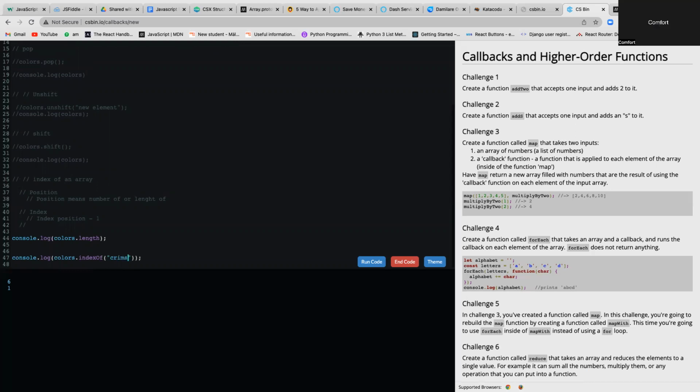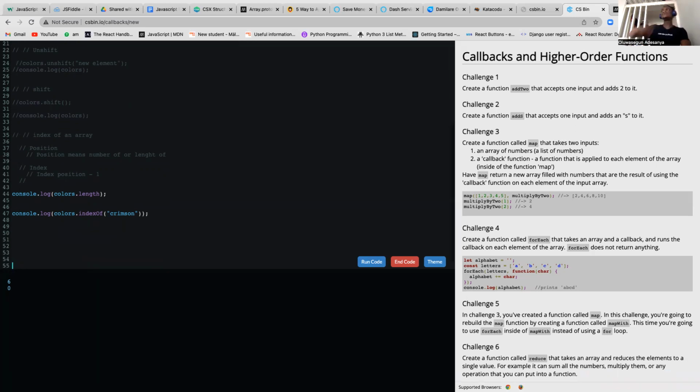Okay, crimson is going to be 0. So if I want to find crimson, it's going to tell me that crimson is an index of 0. Do you understand now? Yeah. So now we know what we did initially: how to add elements to an array, to add to the first, to add to the last, to remove the last, to remove the first. So now let's assume I want to add elements to any